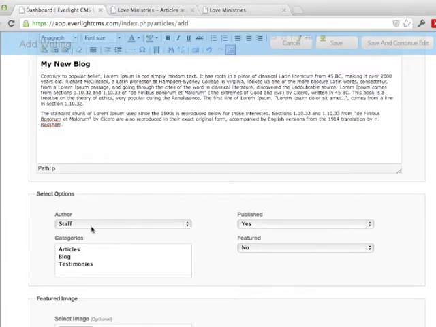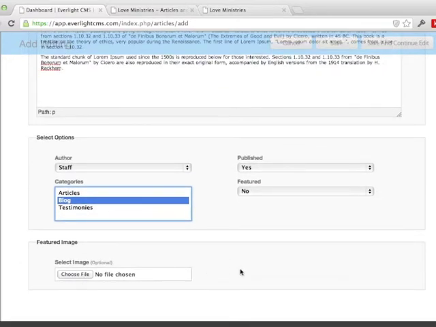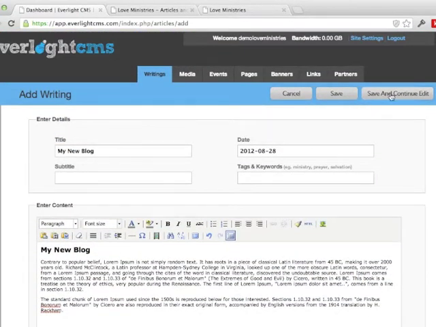And we're going to go down here, we'll pick an author, which we're just going to leave as staff. This is going to be in the blog category. You can actually add or edit any of these categories and make your own sections. And it is going to be published. And we won't use an image today, but all you have to do is click there and you could make a big image. So we're going to go ahead and click Save and Continue Edit,